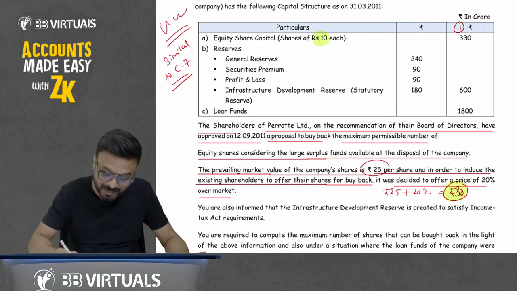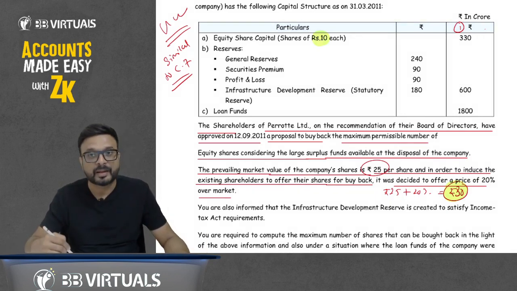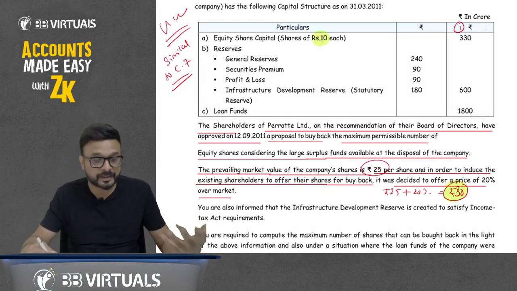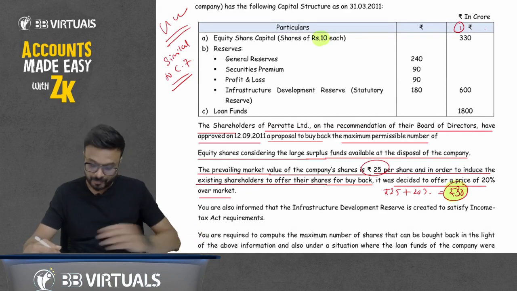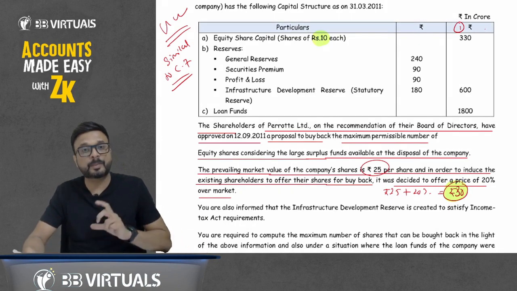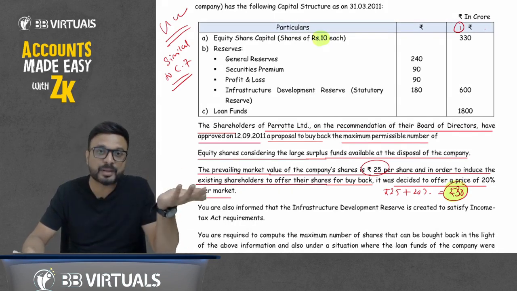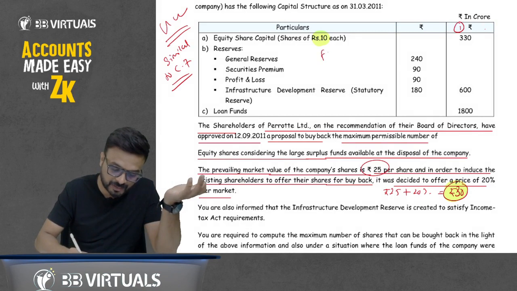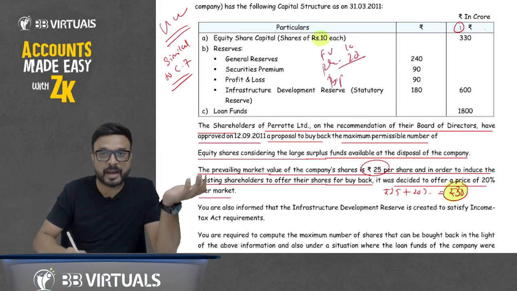So don't tell me that premium is rupees 5. No, 25 rupees is the market value, beta. And we are doing buyback 20% more than the market price, so that is 30 rupees. This is buyback price and the face value is rupees 10. It means you are paying additional 20 rupees, so that is premium on buyback. Face value 10, premium on buyback will be rupees 20, and buyback price will be